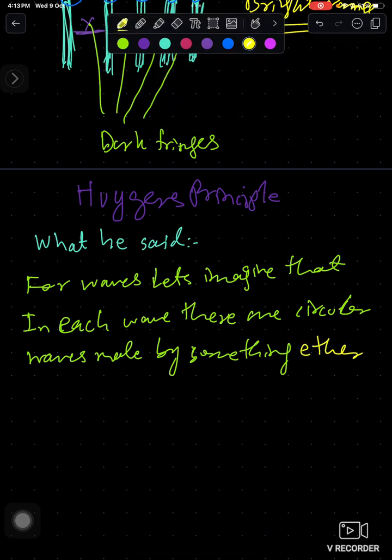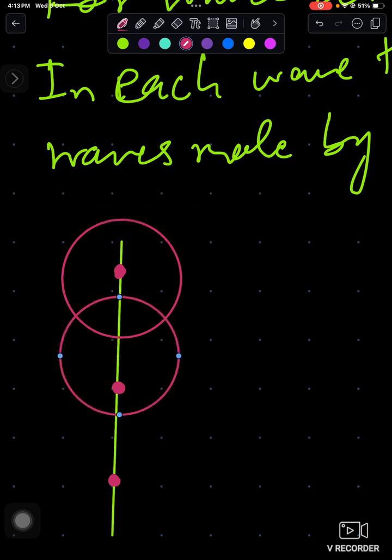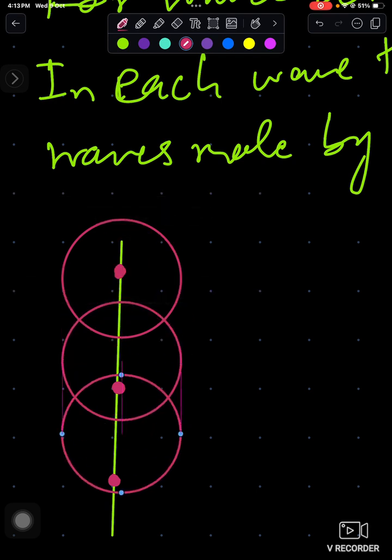Okay, let me give a demonstration of it. Let's suppose we have line 1. Here, look at this. I have a particle here, a particle here, a particle here. If I make a circle on it, and I make another circle, and another circle,